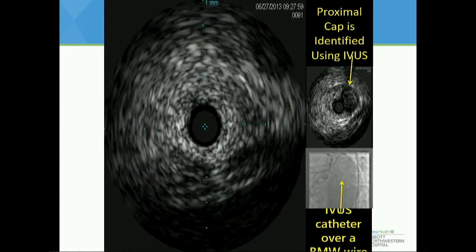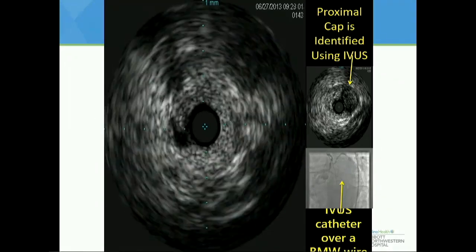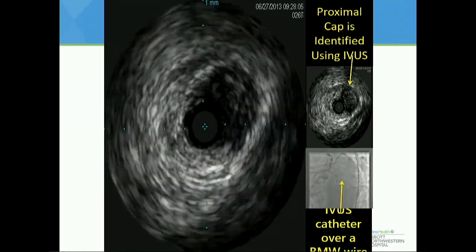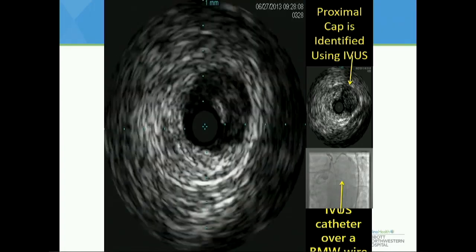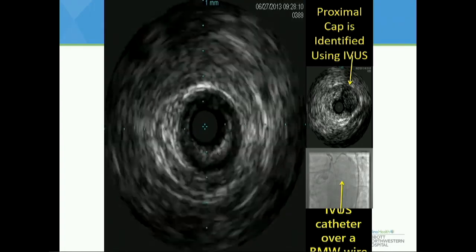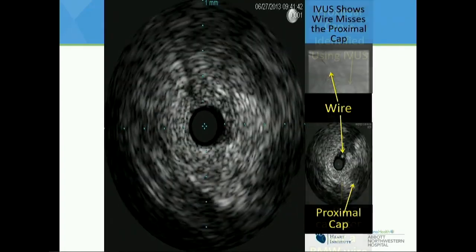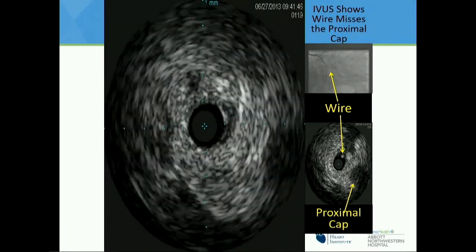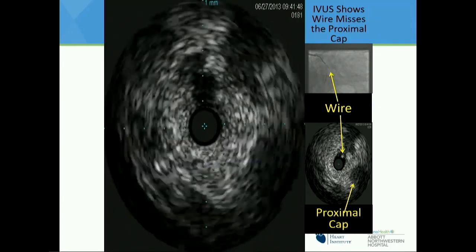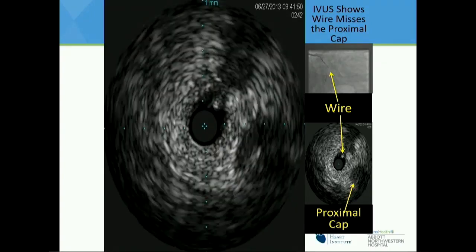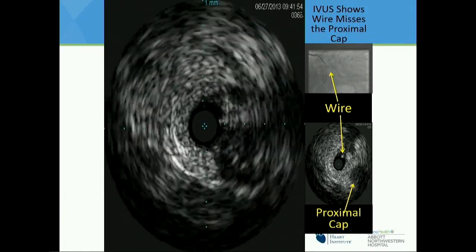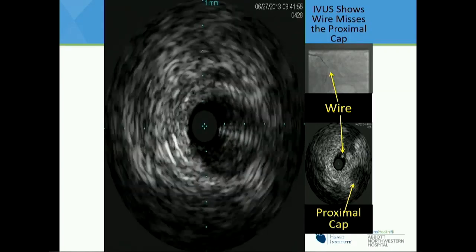So this is an IVUS out through that distal circumflex coming back, and you'll see coming in at 2 or 3 o'clock there is that occluded obtuse marginal vessel, obviously filled with plaque. That was attempted to be wired. Initially, that was unsuccessful. You'll see the wire coming in here at about 1 o'clock. It's going, but was unable to